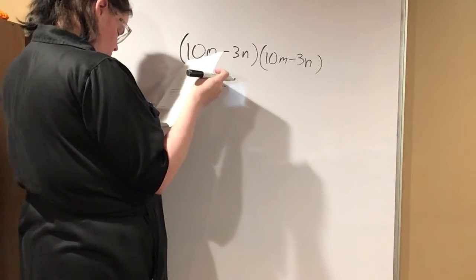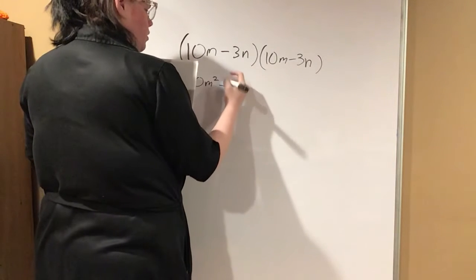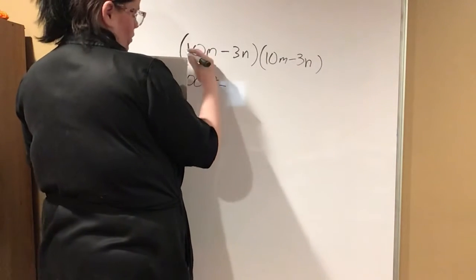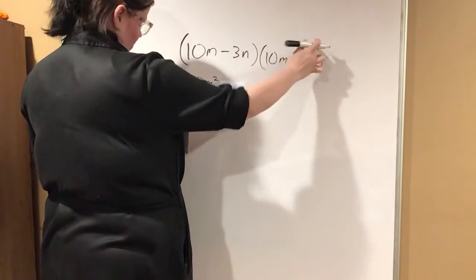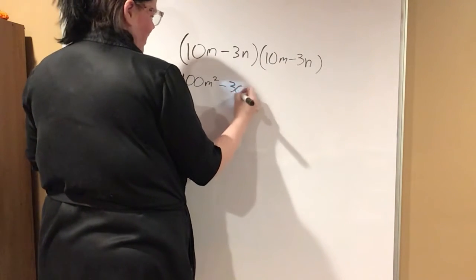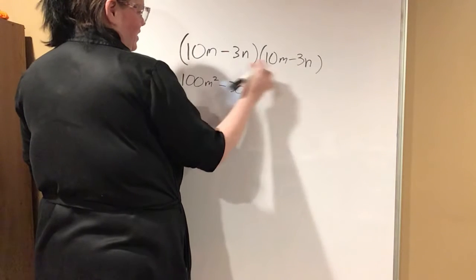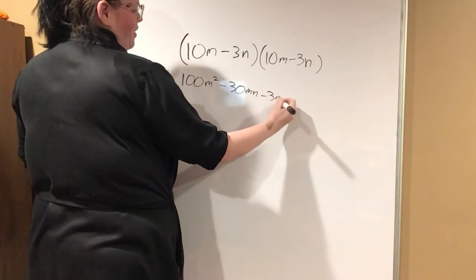That's funny. Because this is first, outside, minus 30mn, inside, minus 30mn, and then